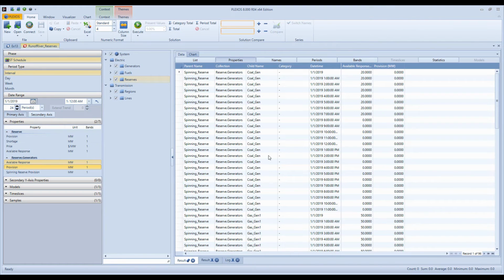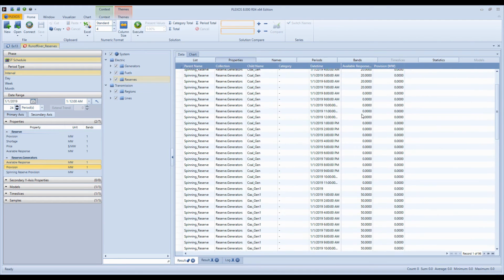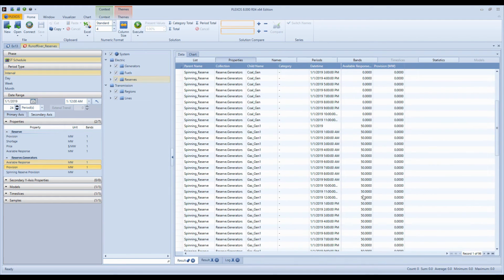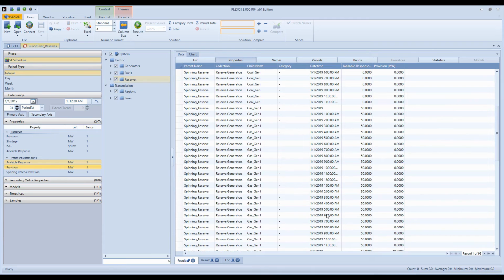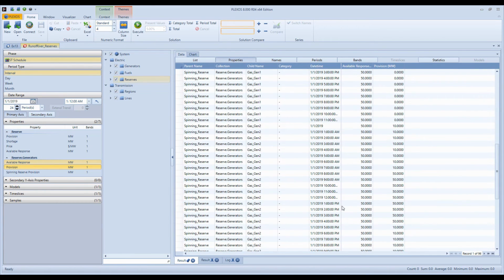For the coal generator, in the first 8 hours, since it is providing 480 megawatts towards the energy requirement, out of its 500 megawatts of capacity, 20 megawatts are available to be provided towards reserves. Similarly, for the other generators, their available response can be checked. And the provision can be checked